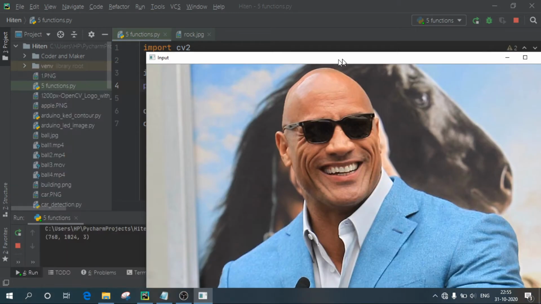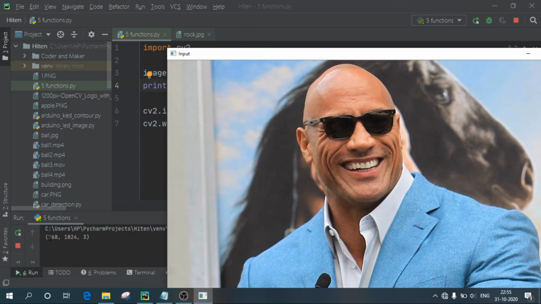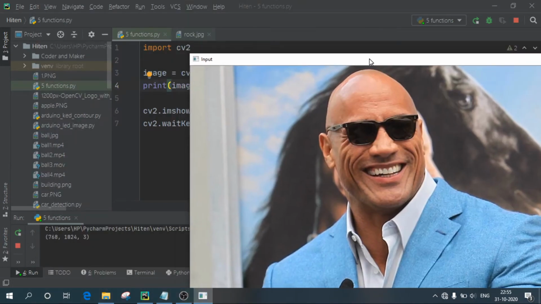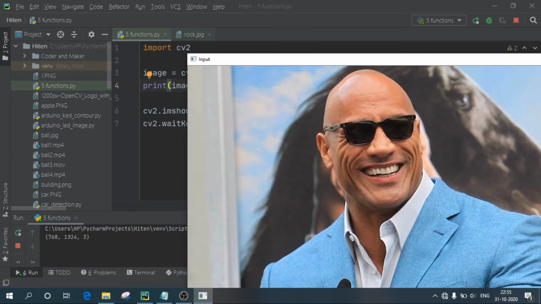Now over here, as you can see, the width is 768 and height is 1024 pixels. This 3 means since it's a colored image, it has 3 channels RGB, red, green, and blue, so it's given us 3. So we will reduce these pixels to 500 by 500.